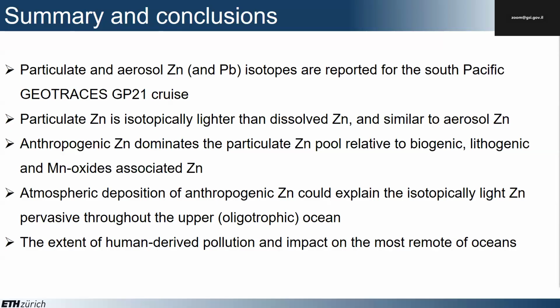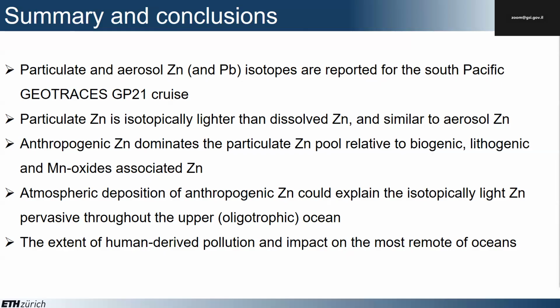And this suggests that atmospheric deposition of anthropogenic zinc could explain this anomalous zinc isotope composition that we see throughout the mid-latitude upper ocean. But I will say that it is possible that what we see here may be unique to oligotrophic regions of the ocean. So oligotrophic regions of the oceans are regions with very low primary productivity. So this very low primary productivity, this very low biology in the surface ocean might